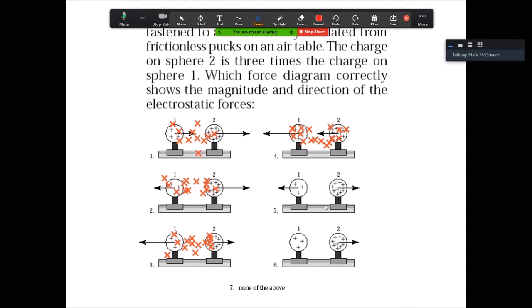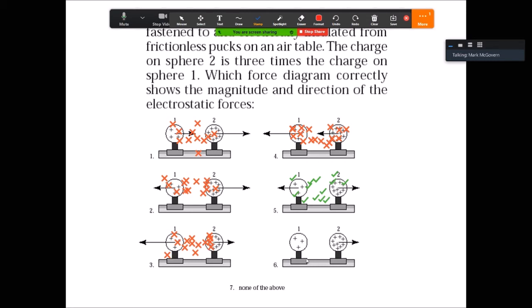5. I like 5 a lot. I'm digging 5 because I see a repulsive force, and I see that the forces are equal and in opposite directions. So I like that. I'm going to stick this with a bunch of green check marks. That's fun, right? 6 is